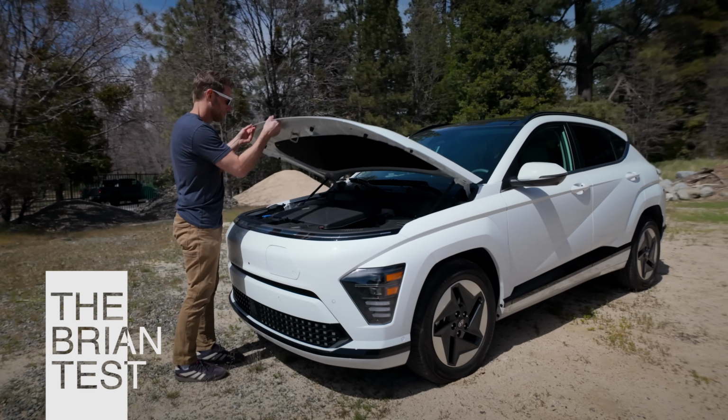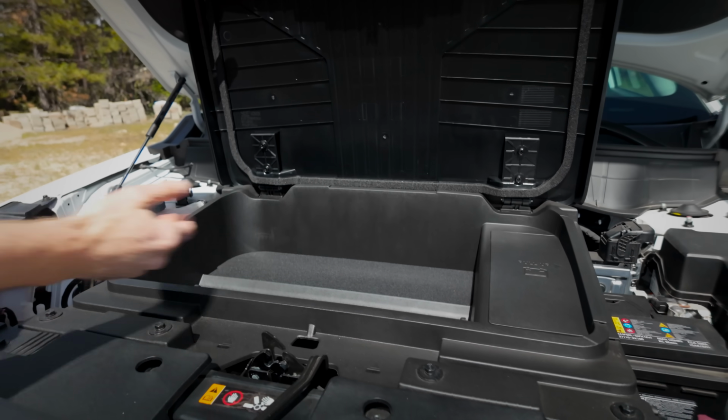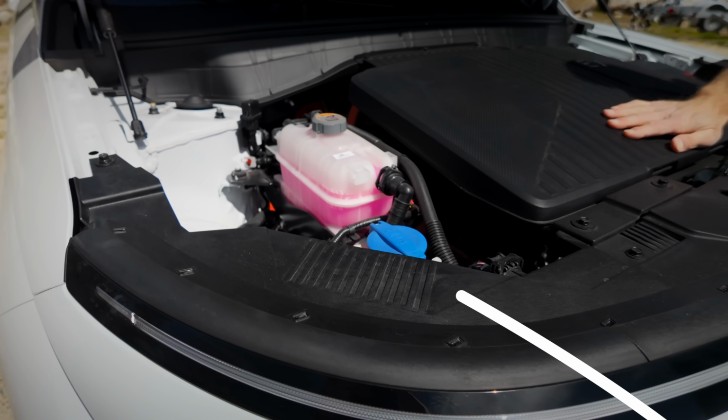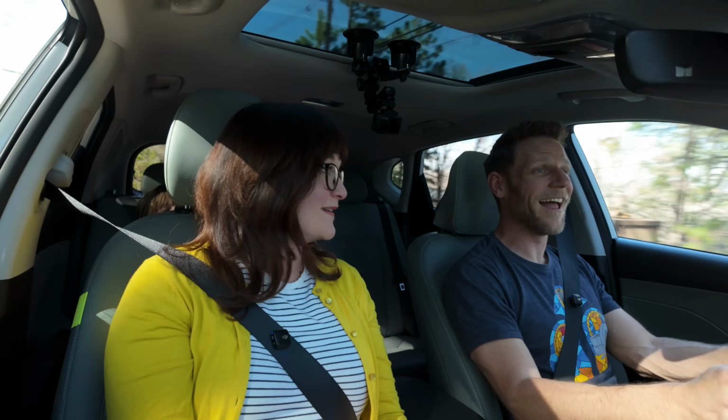And now a test inspired by my buddy Brian. Are you wondering, hey, does that Kona EV have a frunk? Sure does. There's where you open up the little frunk space. It's not massive, but it's something. And over on the left side, that's where you add the washer fluid. And if you're wondering what the Kona Electric horn sounds like,